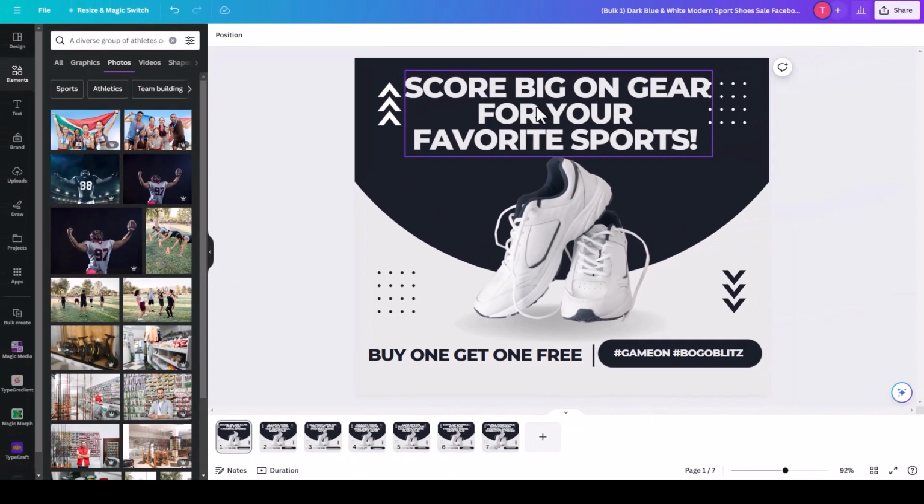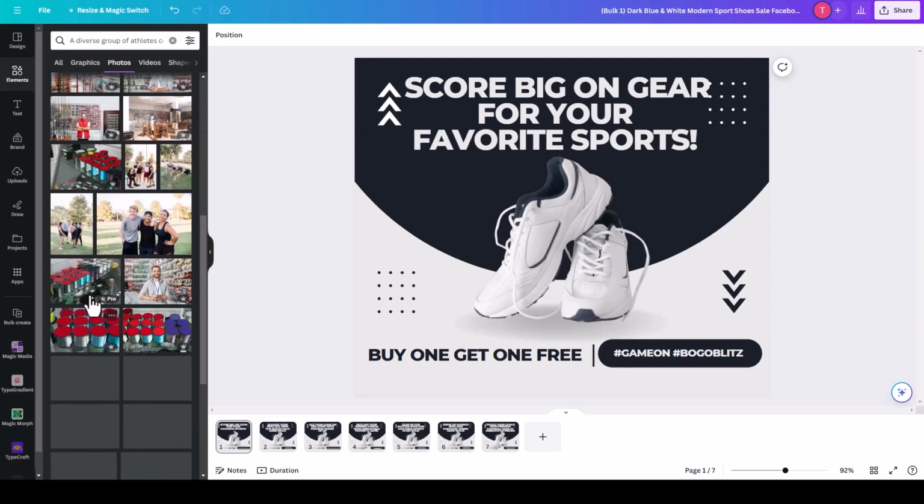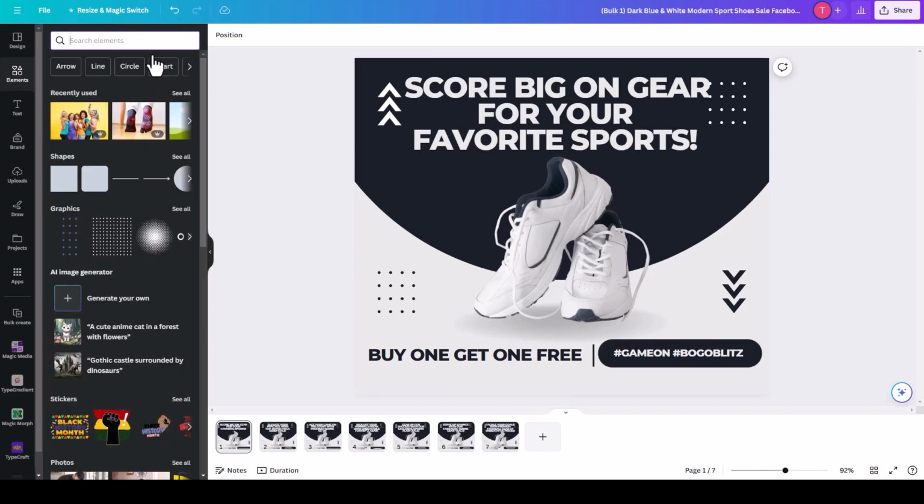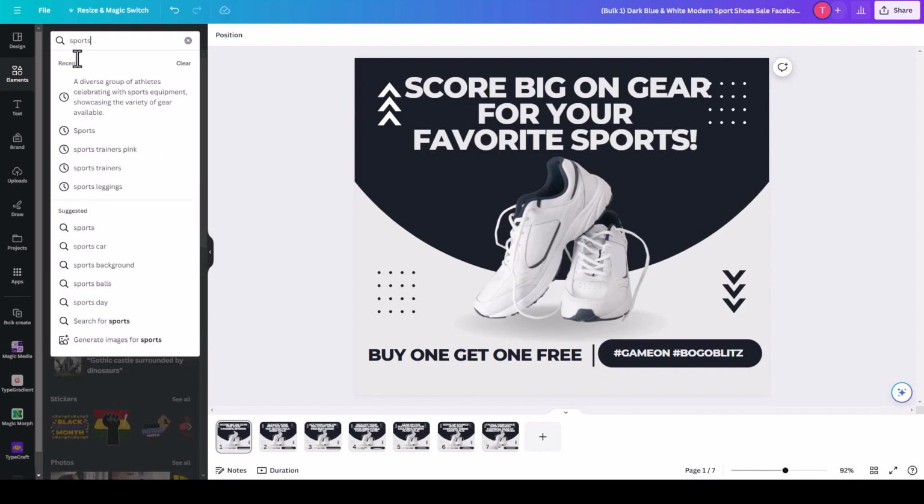Because we just want sports gear, like this is just all sports gear, as opposed to these pictures, they would be too detailed to put on a post. So we're going to scrap that one just for the moment, and we're just going to look for sports,